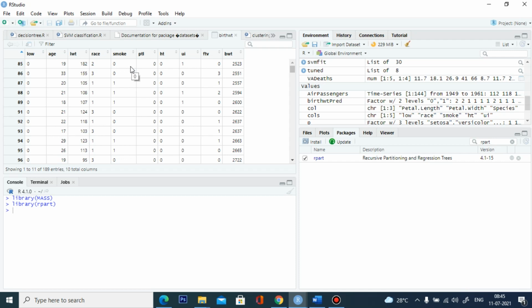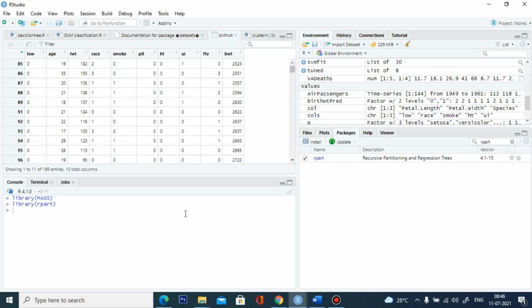So it has a lot of variables. HT is a hypertension history. PTL is premature labor in previous pregnancies. UI is urinary infection, yes or no. And then BWT is the birth weight of the particular child in grams. So this is the data set we are going to work with.